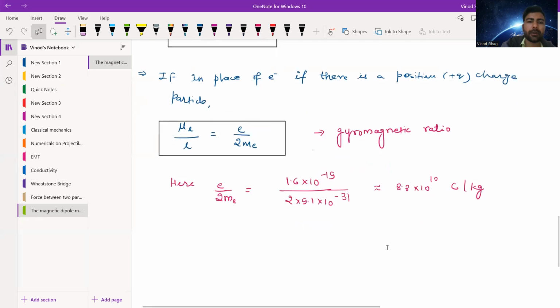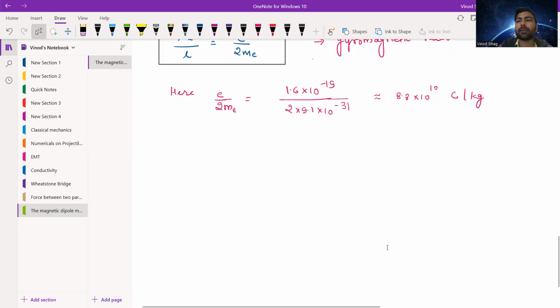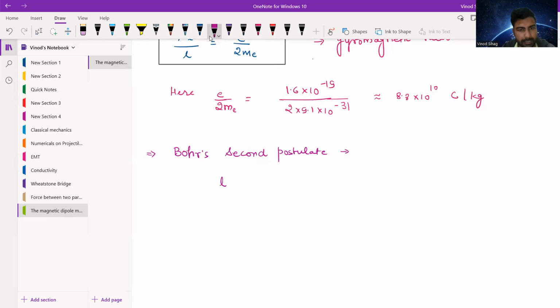Now, if we talk about Bohr's second postulate, what is Bohr's second postulate? According to that, angular momentum is quantized. And how is it quantized? Let me write. Bohr's postulate says L should be n times h cut, where h cut is the reduced Planck constant,